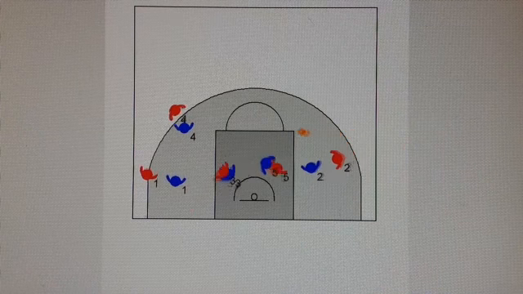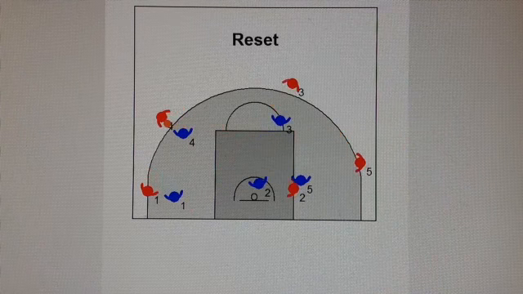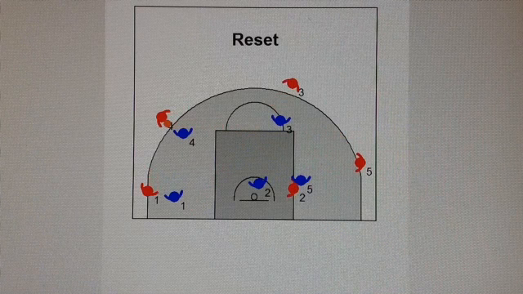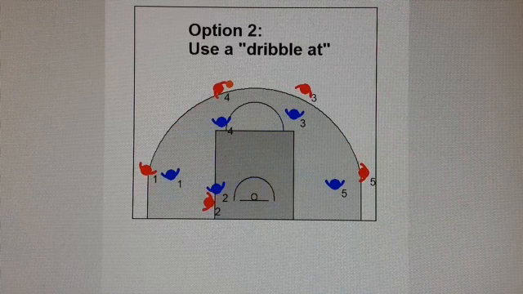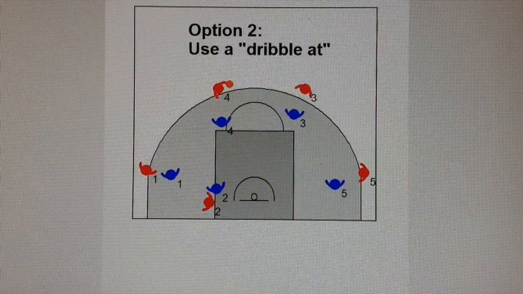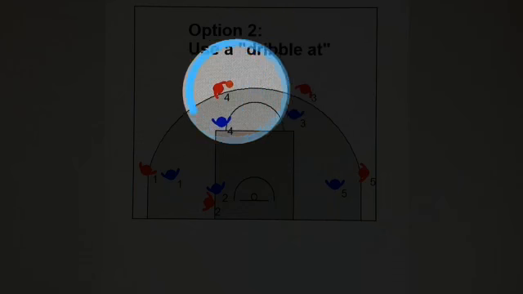Okay, if we rewind to show that. The second thing that happens is maybe we don't have that ability to pass and cut. Sometimes the player with the ball will do what is called a dribble center. This is like a pass. She just centers the ball by moving it with a dribble. When you're dribbled at, so in this case our player 3 has been dribbled at by player 4,